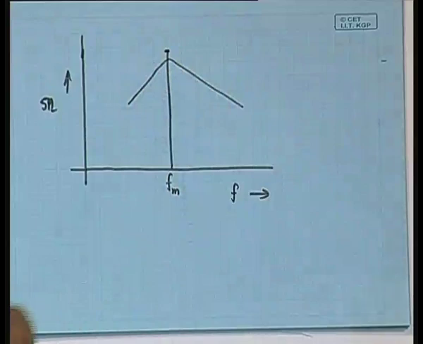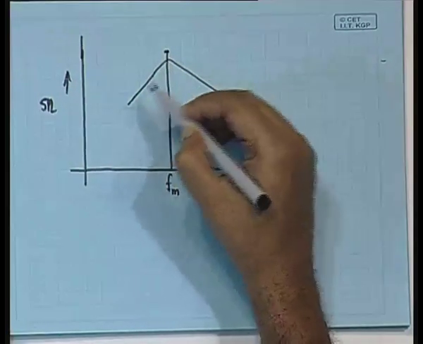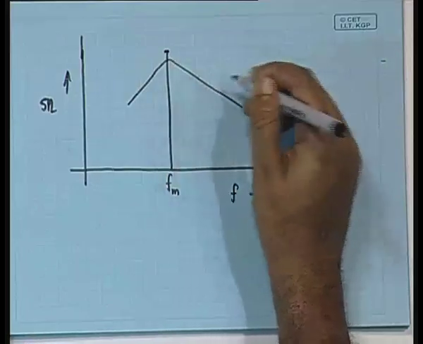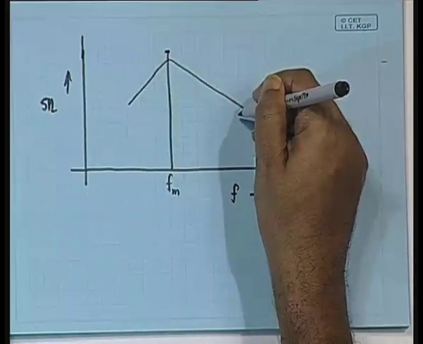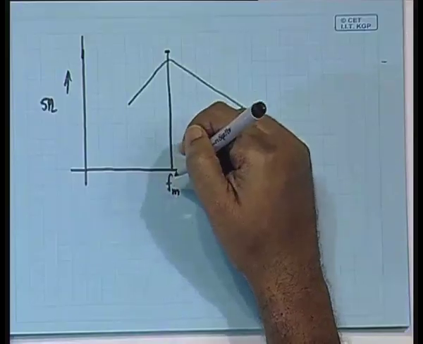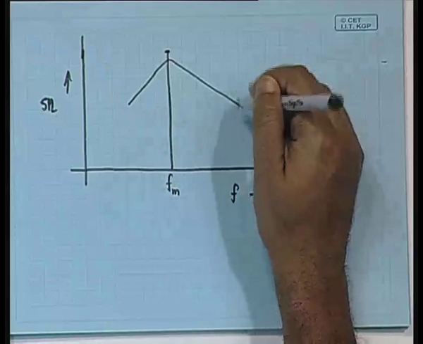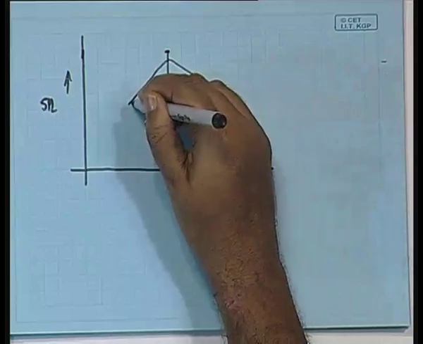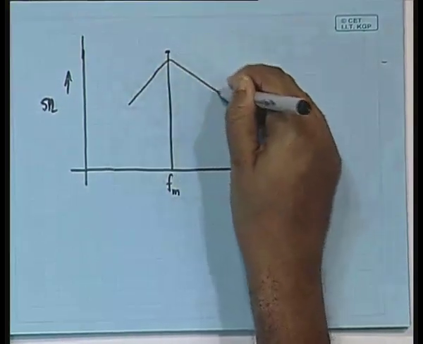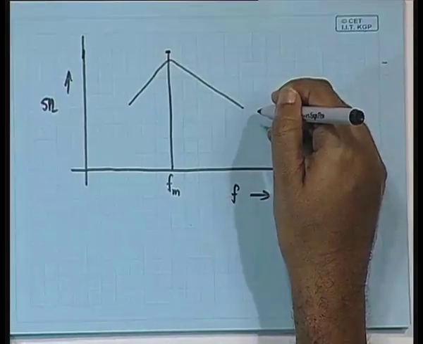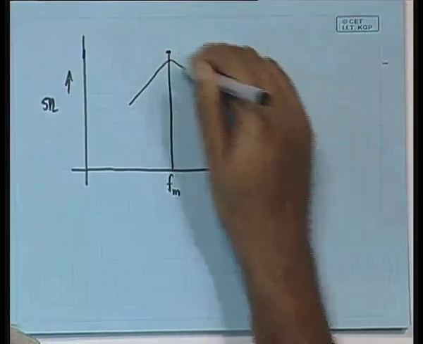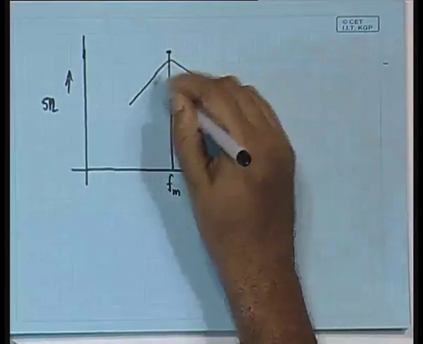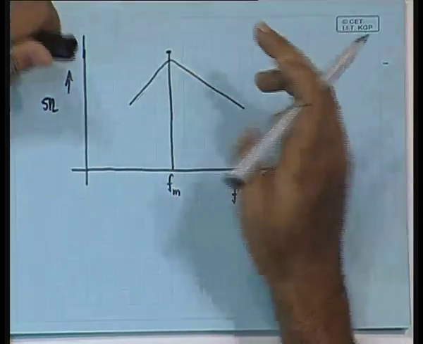And it is also seen that to the left of this, that means to say the lower frequencies, generally have a sharper masking threshold fall off as compared to the higher frequency, which means to say that lower frequencies are less masked as compared to the higher frequency. You can see that purposefully I tried to keep the slope of the left hand side steeper as compared to the slope on the right hand side. The slope on the right hand side is much flatter as compared to the steep slope that I have indicated over here.